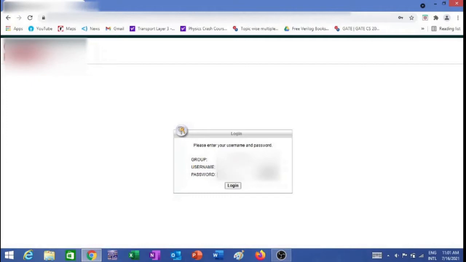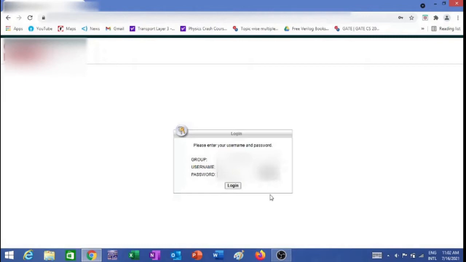Remember one thing about the username which you're providing over here. Just like in our institute, we have 60 systems in one lab and we have multiple labs, so the number will vary. The username is followed by a numeric number. For one lab it will be 1 to 60, or if your lab capacity is 40, it will be 1 to 40, and the next lab will start from 41 onwards. In this way the number will vary.